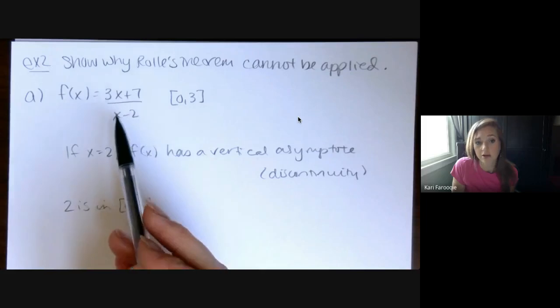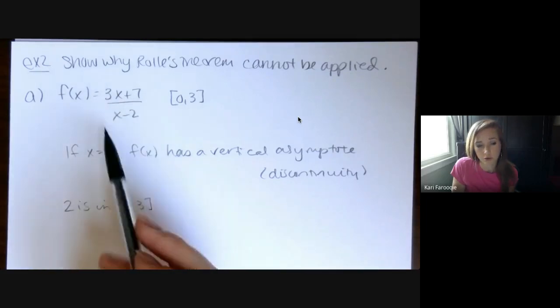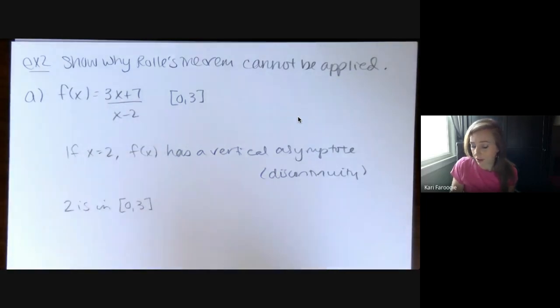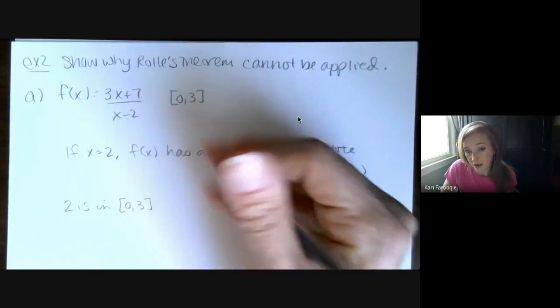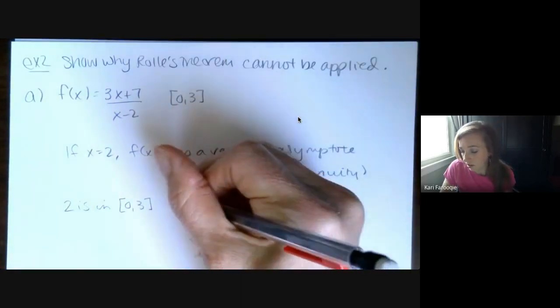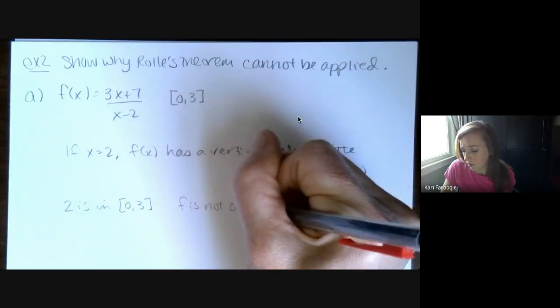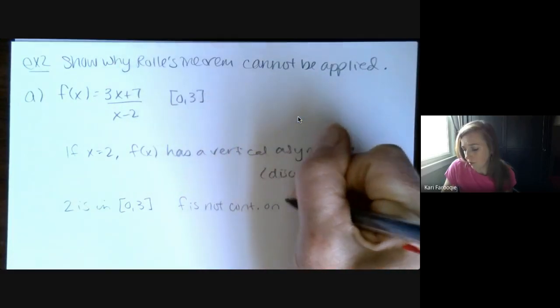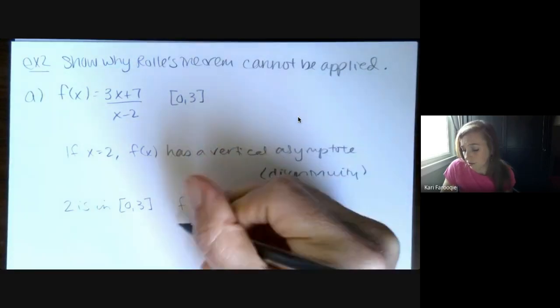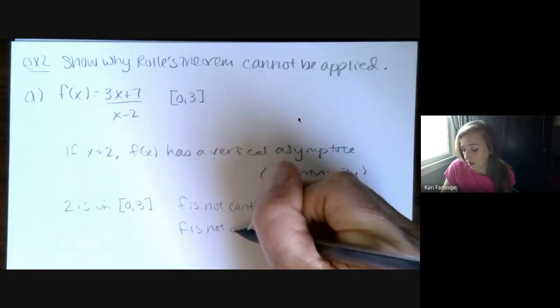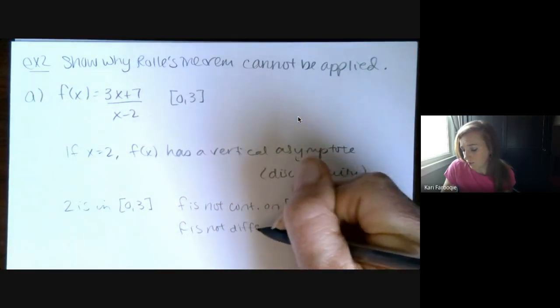So again, you wouldn't be able to take the derivative at x equals 2. So we could say that one of the conditions that's violated is that f is not continuous on 0 to 3. And you could also say that f is not differentiable